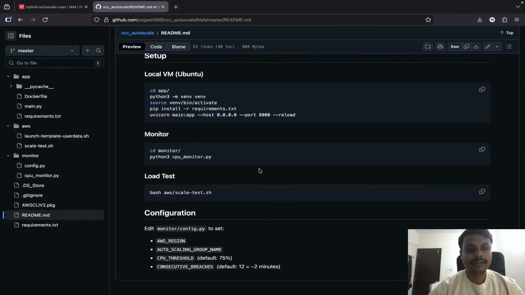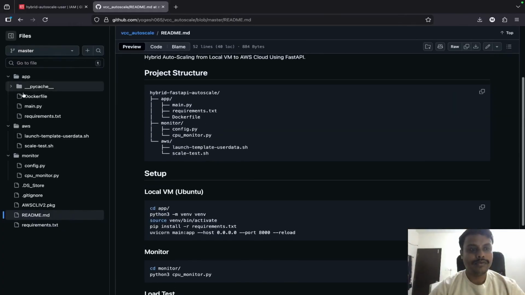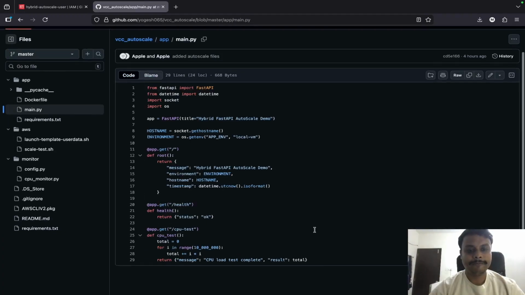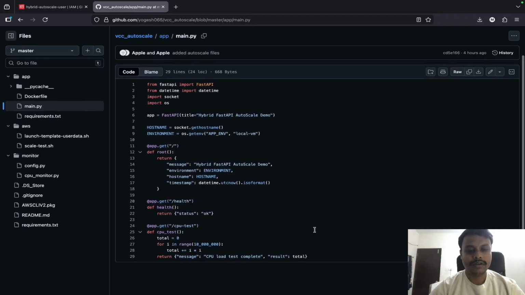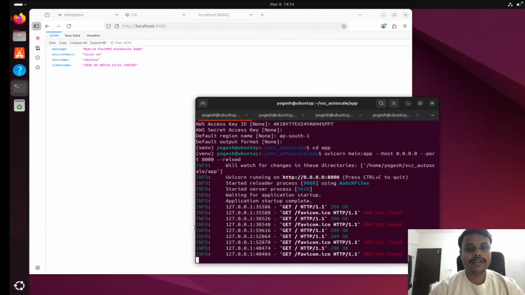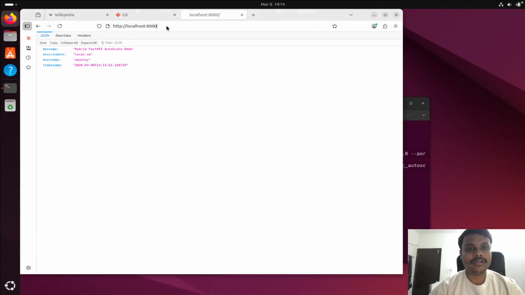Okay, now I will do another thing. Health is given. Okay, it has given the status. Now I have to call that specific endpoint, CPU test. Today I have tried a lot here,